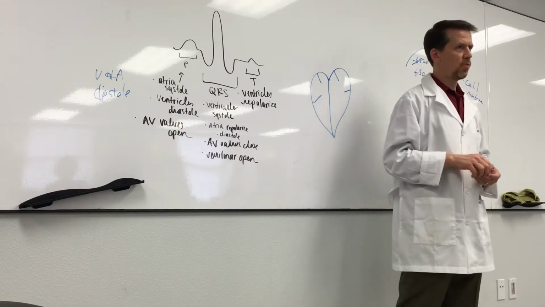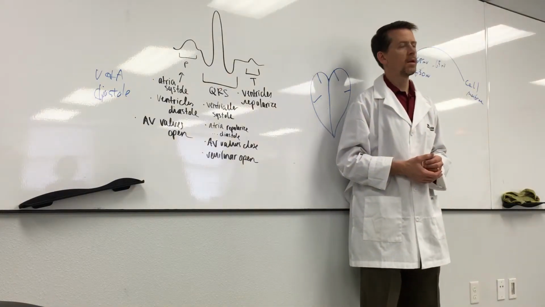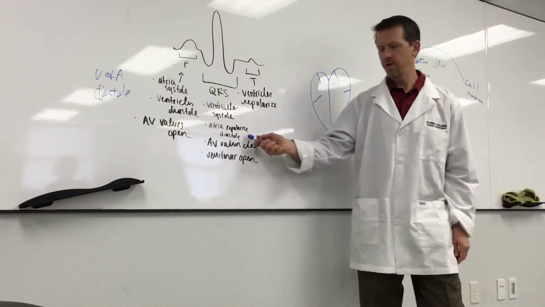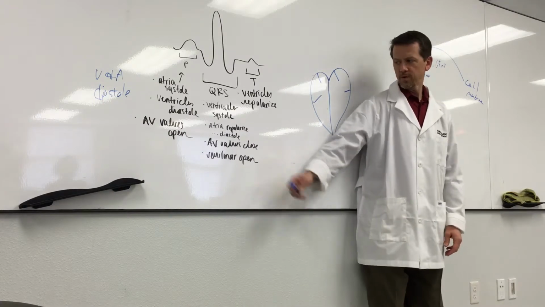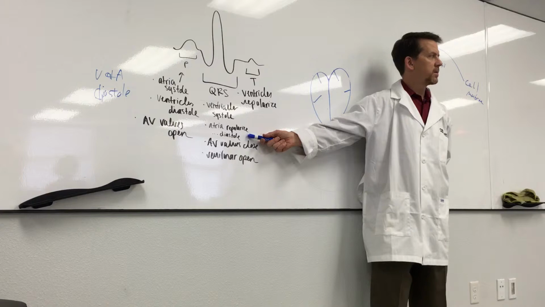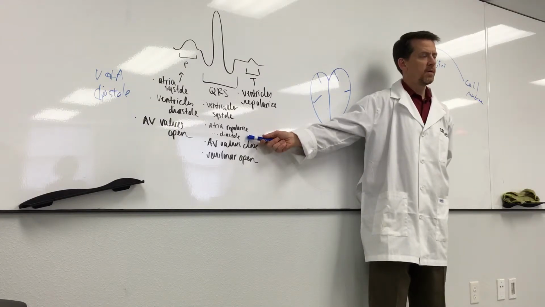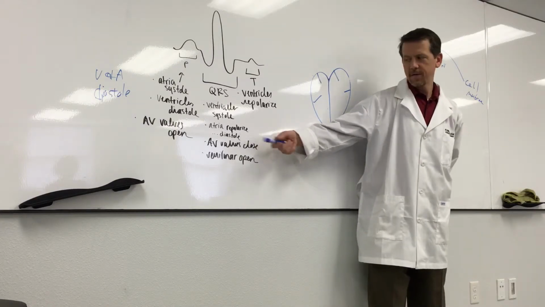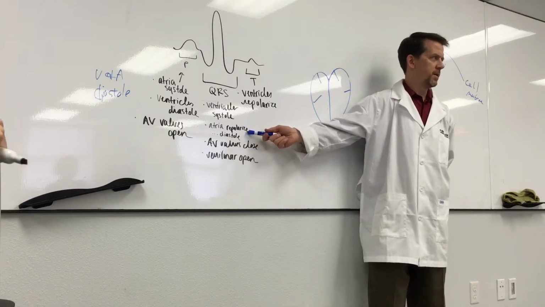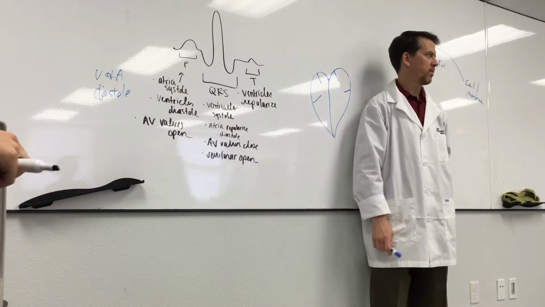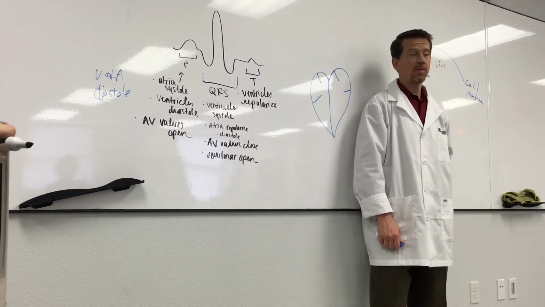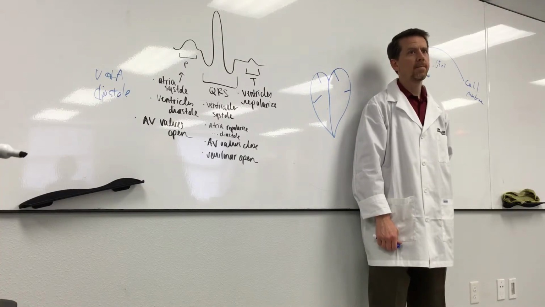So I could ask you this: what's happening during the QRS wave when the atria start diastole? Ventricles are contracting. Are the atria? I'll figure out some better way to ask this. Are the atria losing blood, filling with blood during the QRS wave? What's happening to the blood in the atria? They're filling with blood, because they're relaxing, so it's allowing it to come in.